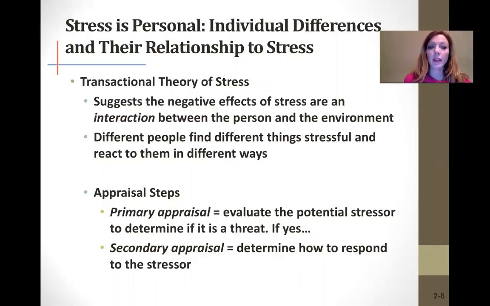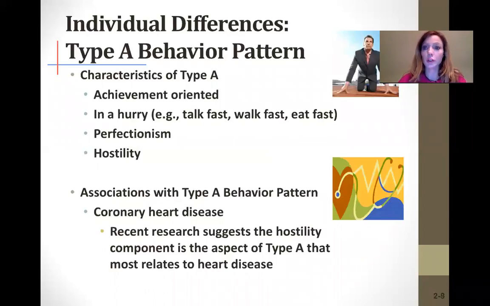So the different ways that people react, the transactional theory explains in what it calls appraisal steps. There's a primary appraisal, a step where you're evaluating if this situation is a stressful situation, if it's a stressor for you. If it's not, it stops there. If in that primary appraisal you determine the situation is stressful, then you go into the secondary appraisal mode. And this is where you determine how to respond to that stressor. The secondary appraisal is when people either don't have the coping skills to deal with stress, or this is where they do, and then they actually can overcome the stressful situation.